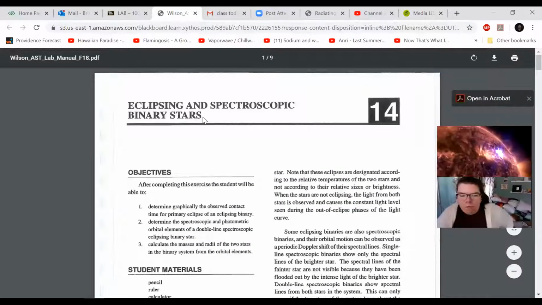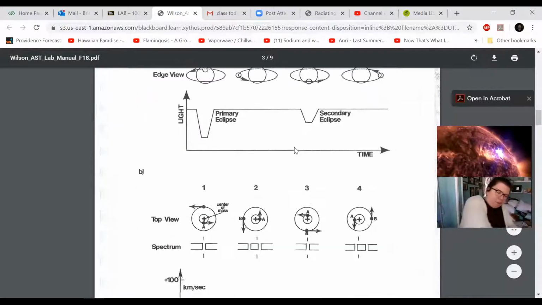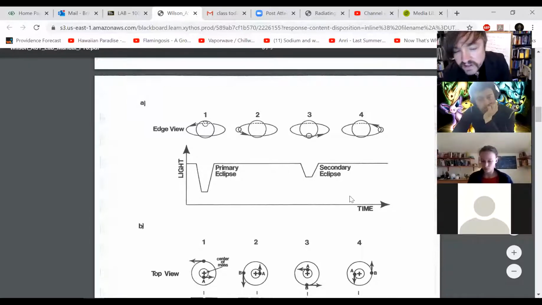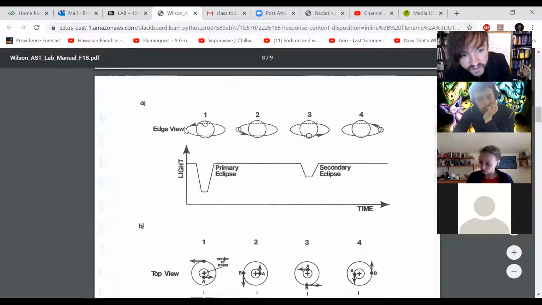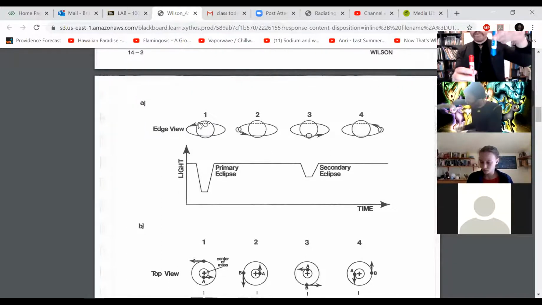So guys, follow along with me in your lab books if you can, or on a computer screen. I want to show you a cartoon of how an eclipsing binary star works. Let's say that you're just measuring the light from a single star, but you suspect that there might be a binary star there. If you should be so lucky that one of the stars orbits sometimes in front of the other, in other words, if you happen to catch the binary star edge on,